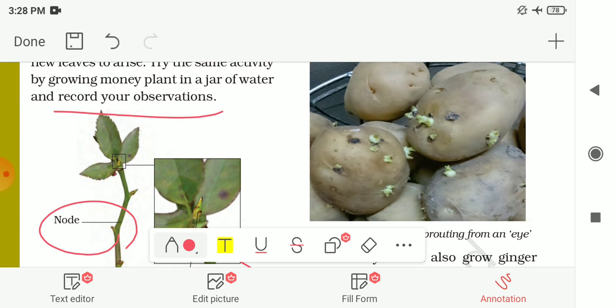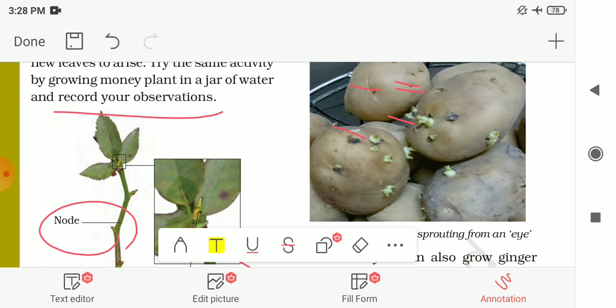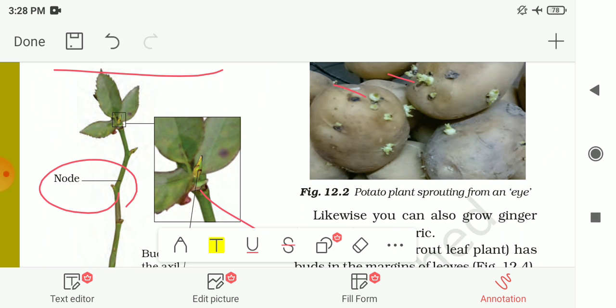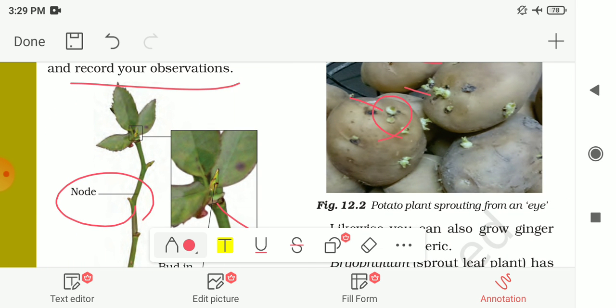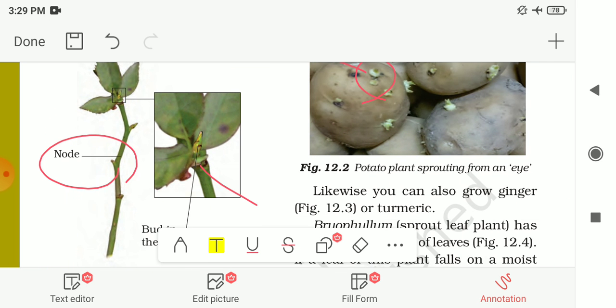Here you can see the scars on the potato, and these are the buds on the potato. A potato plant sprouting from an eye is known as the sprout, from where a new young plant is growing. If you perform this activity, you will find that a sprouting plant can be seen from the eye of the potato, and a new plant is also produced from the bud by vegetative reproduction or